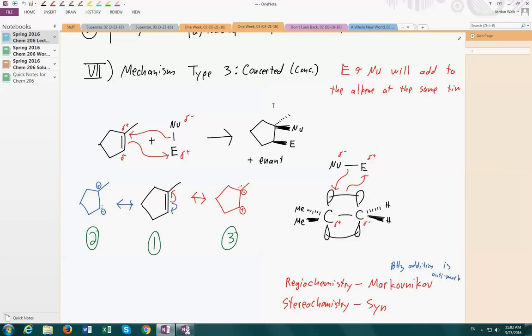our nucleophile that has a slight partial negative on it aligned with our carbon that would have a slight partial positive charge on it, and vice versa. The electrophile needs to be closer to that carbon with the partial negative charge. So basically we want to make sure we're aligning our nucleophile and our electrophile correctly with our alkene. And then the stereochemistry, since we're forming our bonds at the same time, the stereochemistry is going to be set. Okay, so